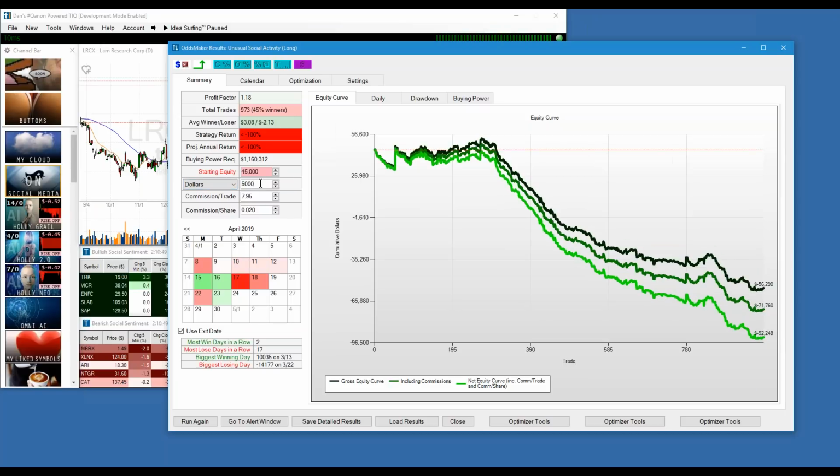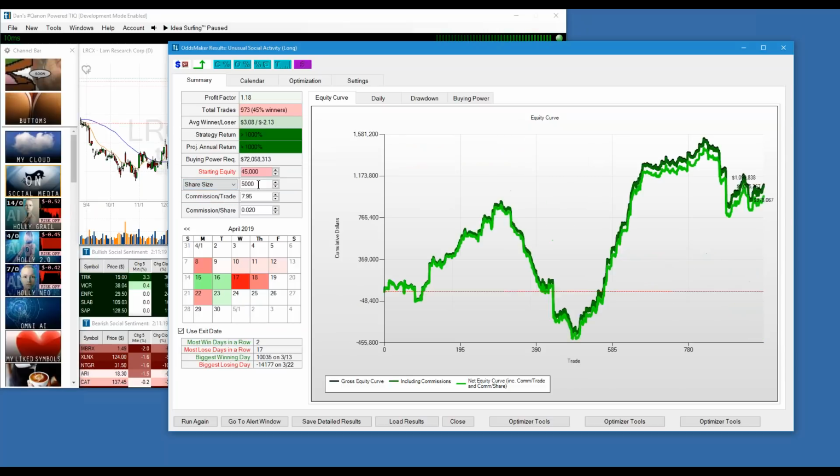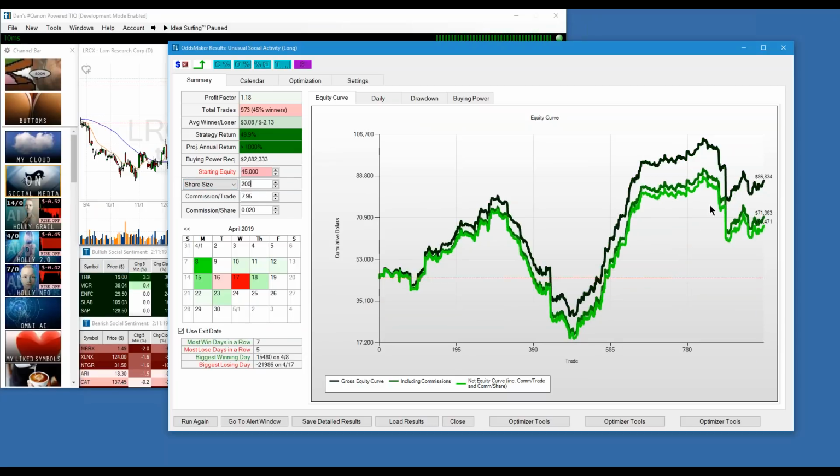Notice that if you're doing fixed dollar size here, you're not winning. But if you're doing share sizes, even 200 shares. So it's really the difference between looking at a percentage move and a dollar move. That's right. But the idea is that, of course, you can do both. You can do both, and we help you kind of see through it.